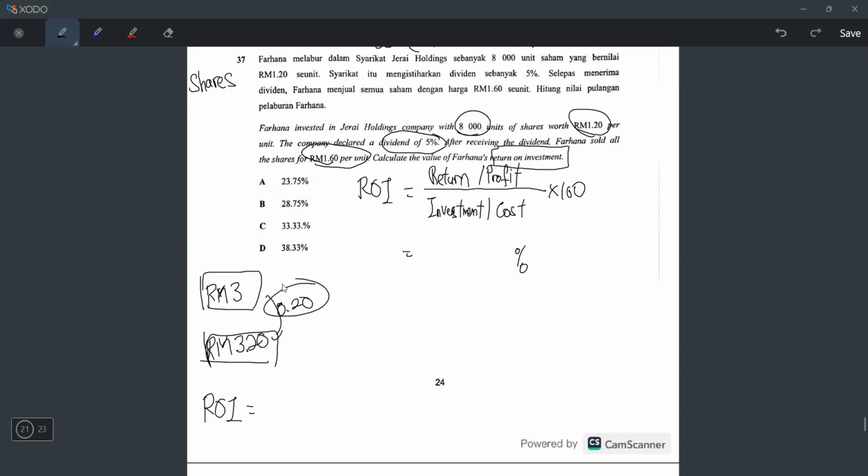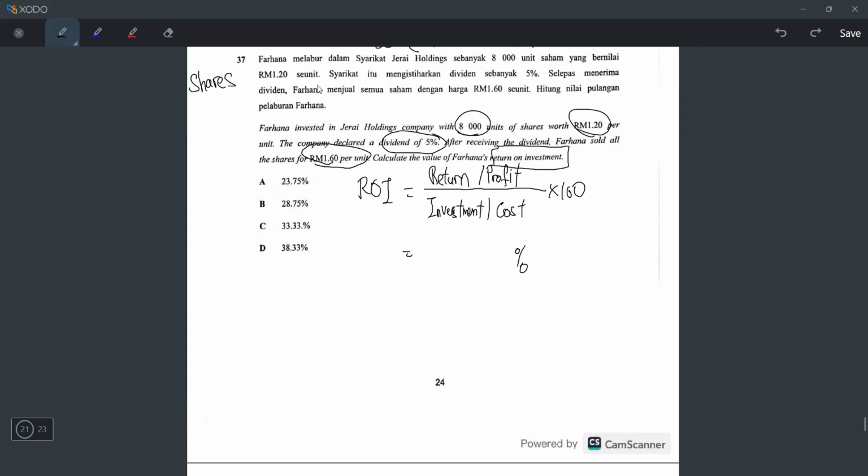20 cents. So to calculate the ROI, what I have to do is take the profit, which is 0.2, divide by the investment cost, the original cost, 3, times 100. If you press this, let's see. I pressed it already, I get 6.67%. It means this is my ROI, my return on investment. But this is a simple version of the question. This question is not that easy. This question has a lot of things you have to do. So let's come back to the